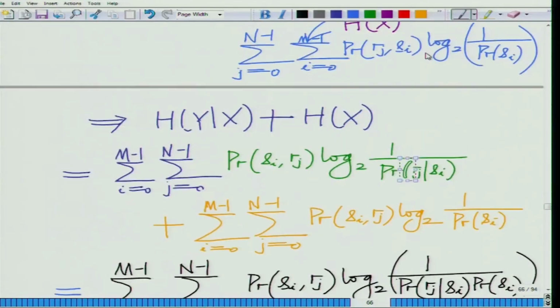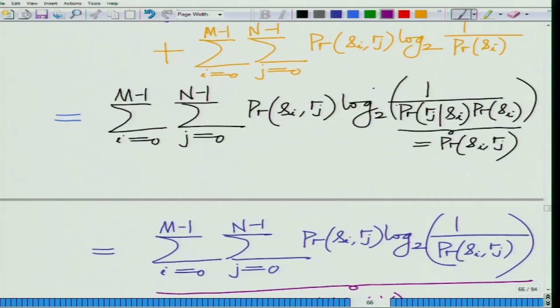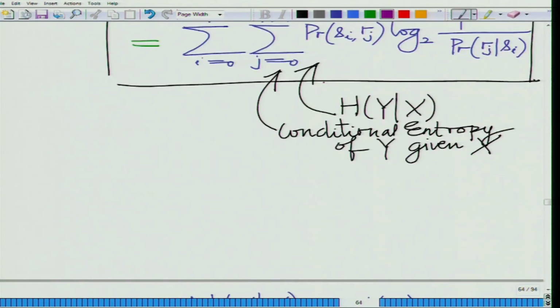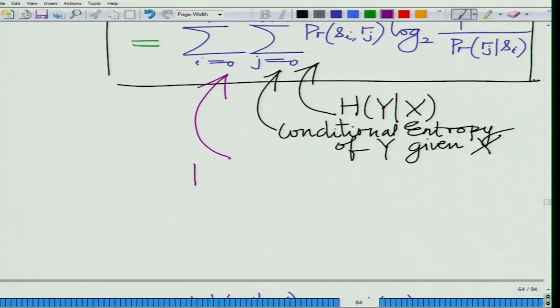And so, we have also seen h y given x is the conditional entropy. You can also see this is basically nothing but the uncertainty. Remember, entropy is the uncertainty. Entropy is nothing but the information conveyed by a source or the uncertainty in a source. So, you can say the conditional entropy is the uncertainty remaining in y having observed x. Okay. So, this is h y given x